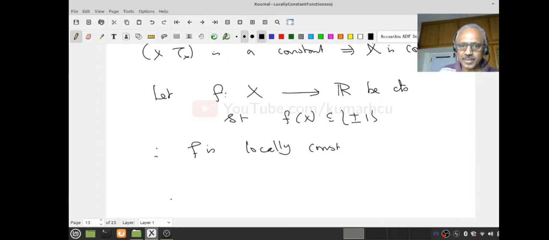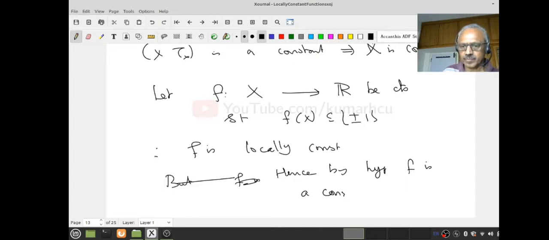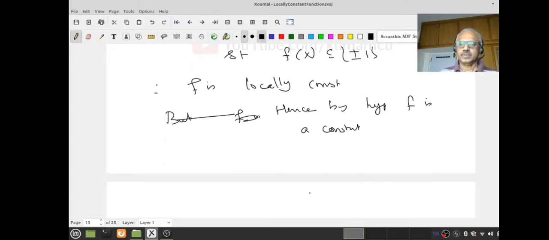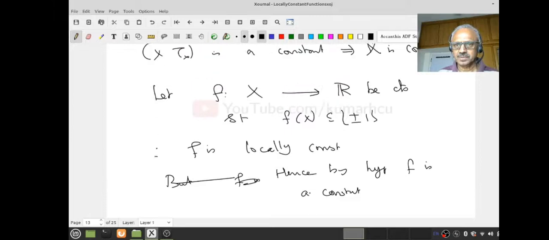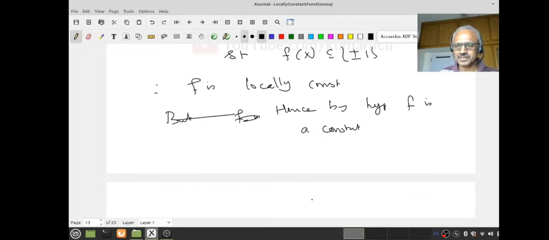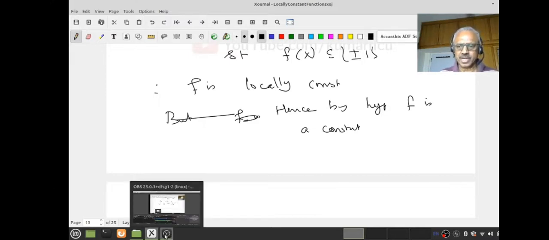You follow that? But what is the property of the space? Any locally constant function is a constant, therefore, hence by hypothesis, f is a constant. You follow that? That's it. Do you understand the proof? Go through that. It's a very beautiful, very simple-minded lecture, but it teaches you how to use connectedness. This is an optional thing, so if you want you can even skip it.